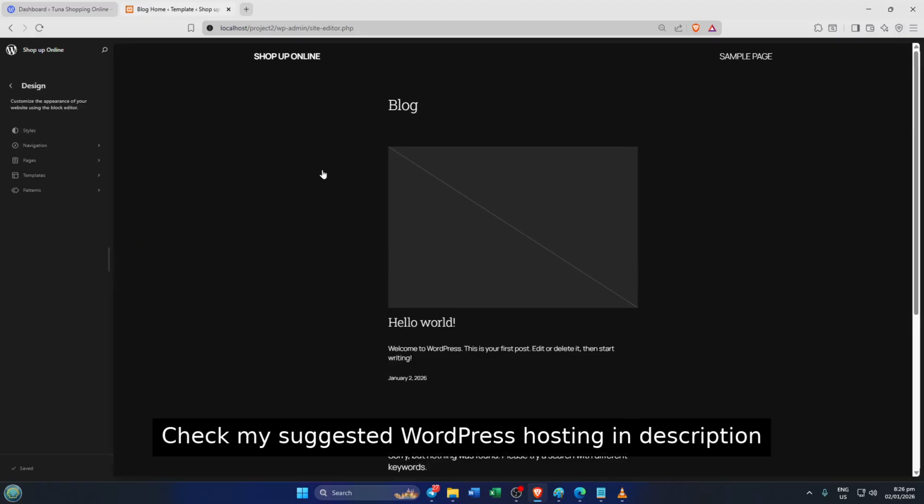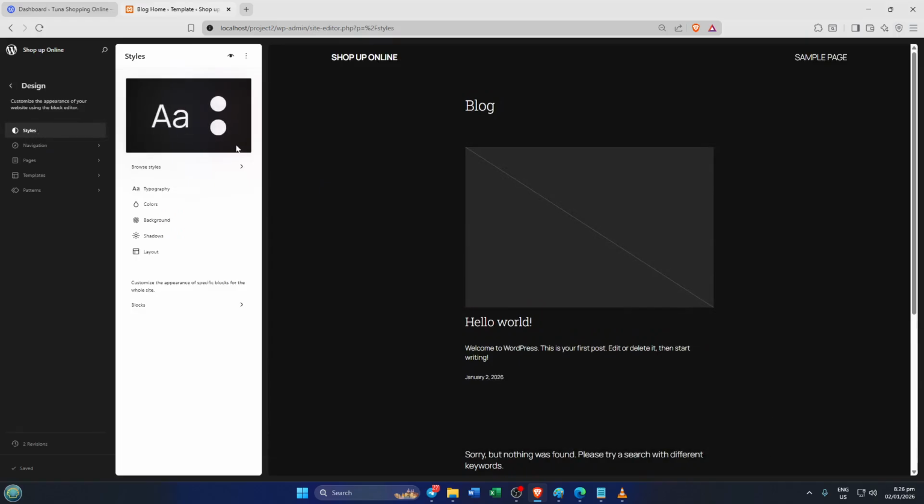Next, we want to zero in on the Styles panel, which controls your site's global design features. In the editor, check out the top right corner. You'll notice a little half-moon icon, which represents styles. Click that, and you'll reveal a panel where you can fine-tune things like colors and typography. This is where a lot of those big, sweeping changes happen, so it's also where we want to go to